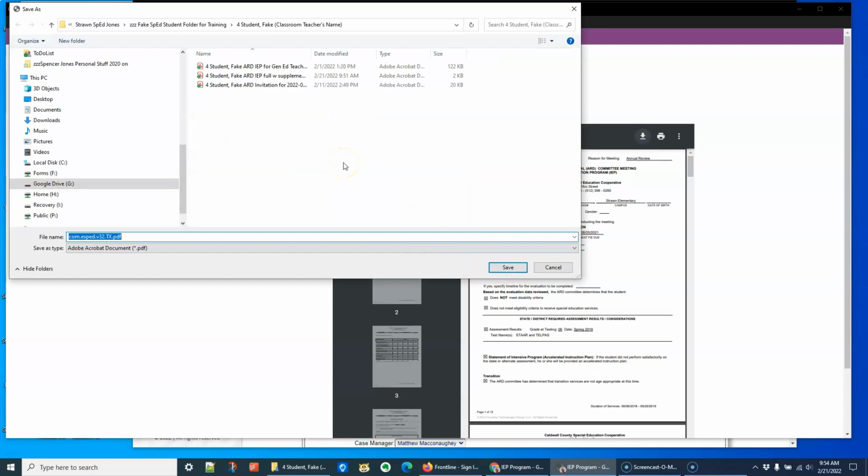And we're going to navigate to the folder for this student. So in this case, if this were all of our SPED student folders at Strawn, this would be full of folders that have the grade, the student's last name, comma, first name, and the classroom teacher in parentheses. So we would go to this folder, we would double click and go to this folder, and if we drag